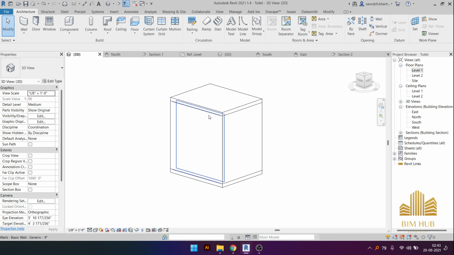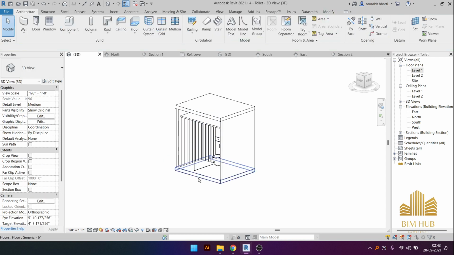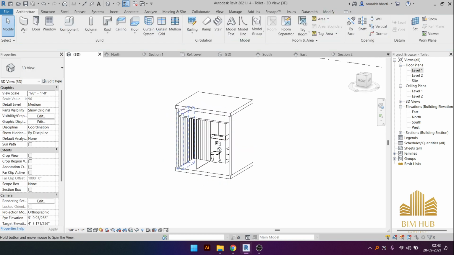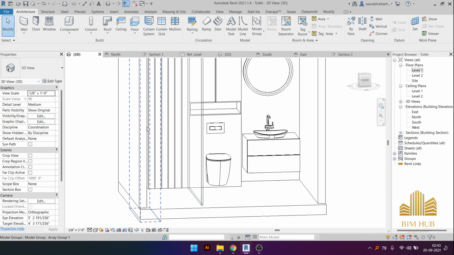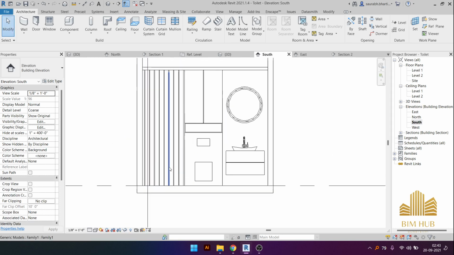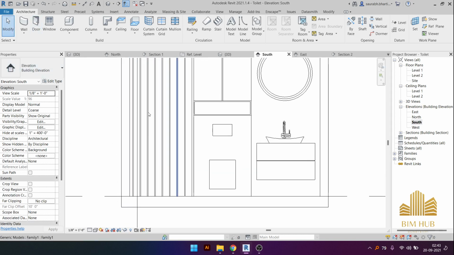Okay, we are going to make this front wall later on. I'm going to delete it right now. So this is how our wall looks. Now we need to make the same thing on the horizontal side. So go to the front view. For that you can go to south view and then again select this,